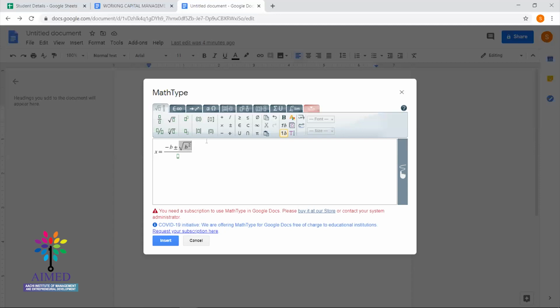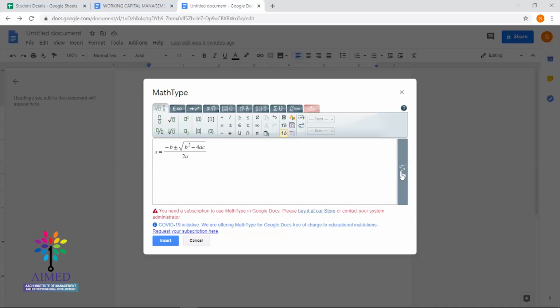Okay, so I'm just deleting and I'll try again. I'm entering the square root, it's b square, and I'm placing the cursor very close to the 2 and just clicking on that. Yeah, it came out. Now I'll enter minus 4ac. Okay, so in the bottom you have to add 2a. So let's see how easily we have written this equation. So this is how we can use these symbols.